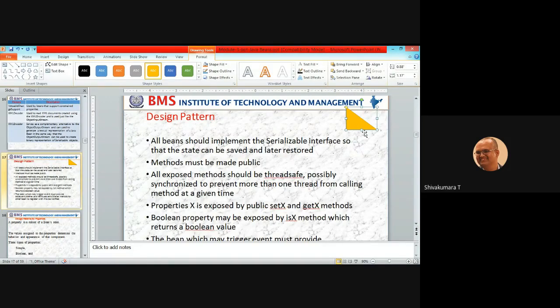So it has setX and getX methods. SetX means you are applying the effects onto the shape, whereas getX means you are retrieving the property which you are going to apply onto the shape. This is the getX method. Here, when you apply, it becomes the setX method.